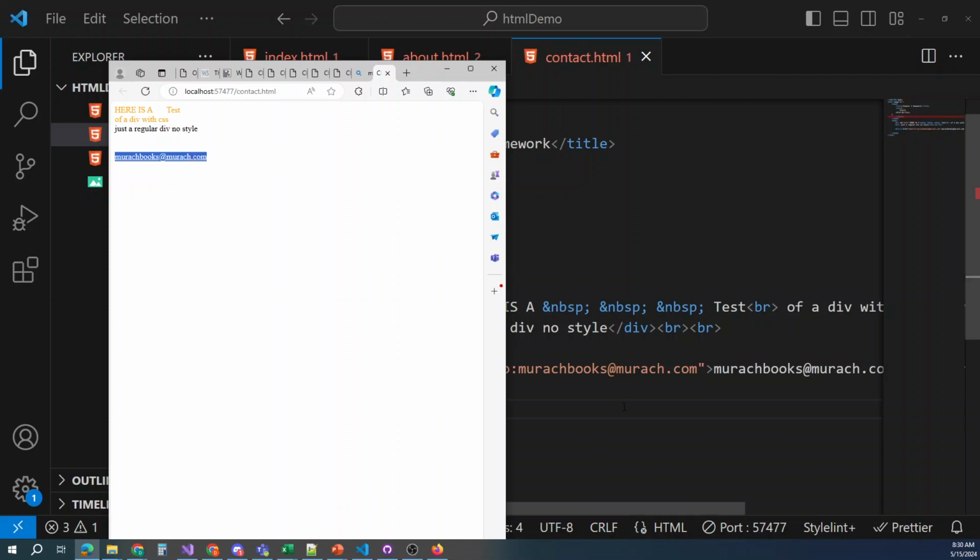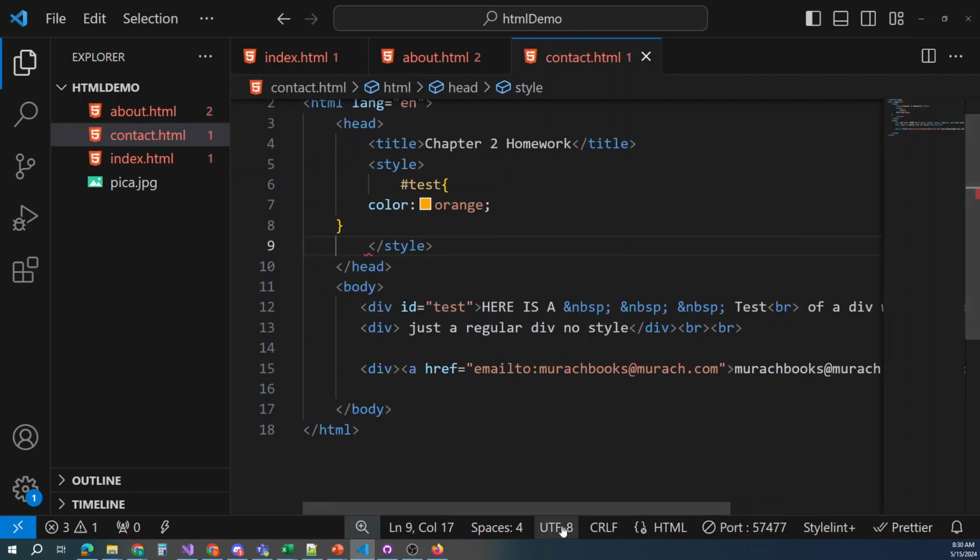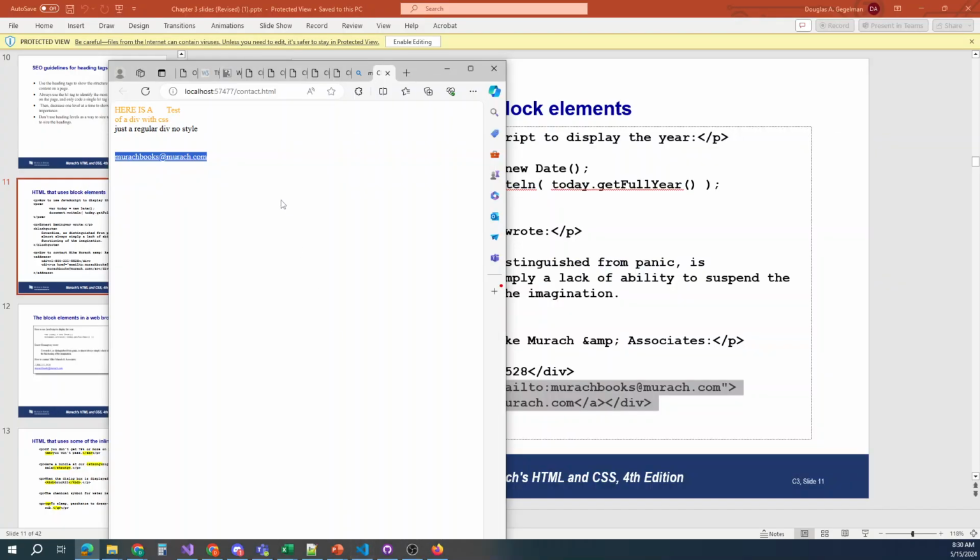It normally opens up your email, whatever your default email is, your Outlook or whatever. It'll open it up, and it should set you up to send an email for it. I don't know why this one's not doing it for some reason. I'm also kind of curious too, so